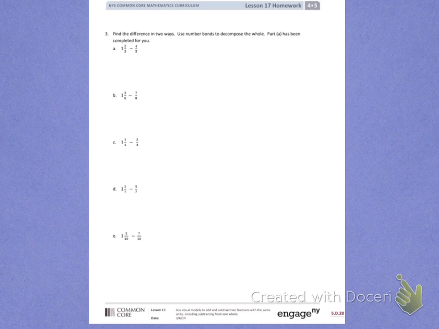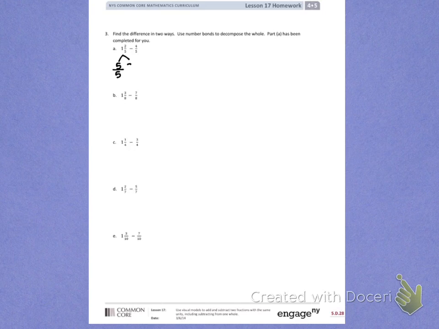So we need to do this in two different ways. I'm going to do the best I can not to get confusing on here, so stick with me. Letter A says 1 2/5 minus 4/5. So I'm going to use a number bond to decompose the whole number like I did in page 1. So I am going to call 1 2/5